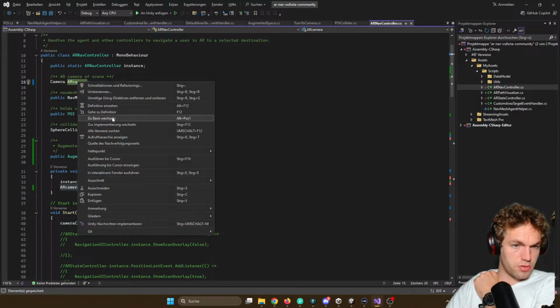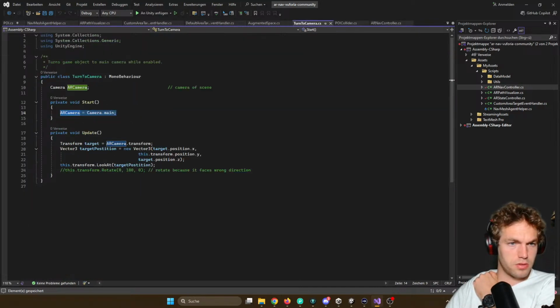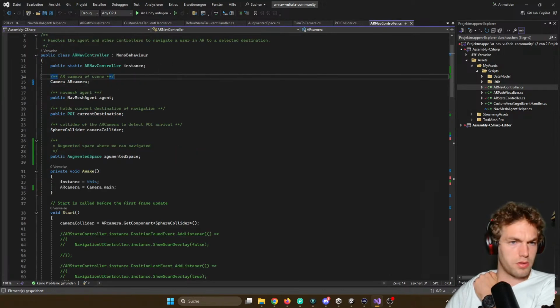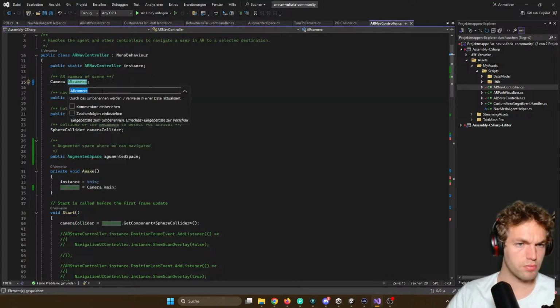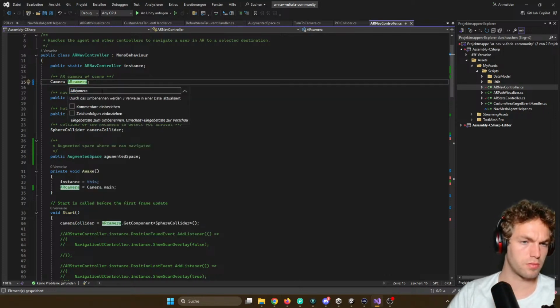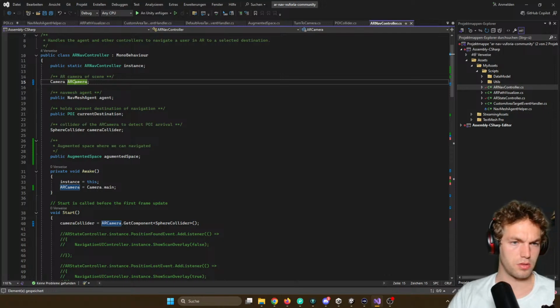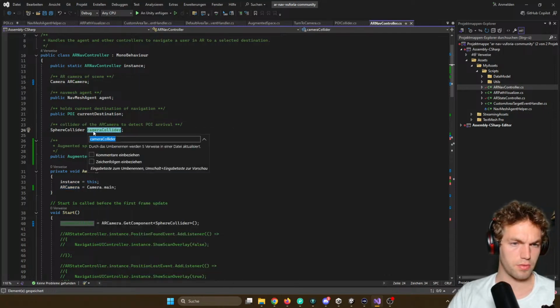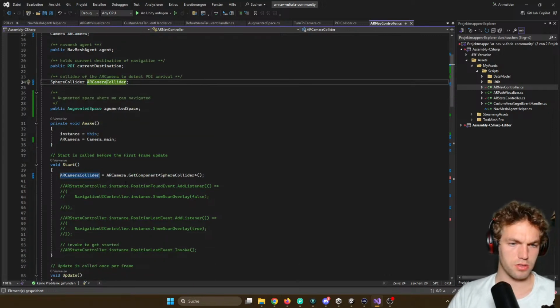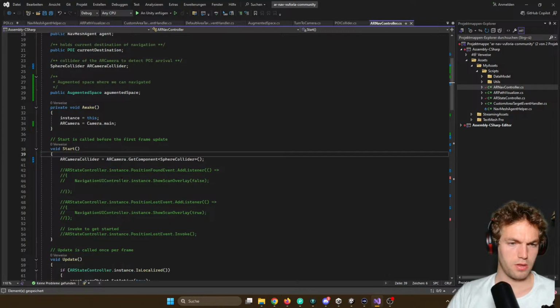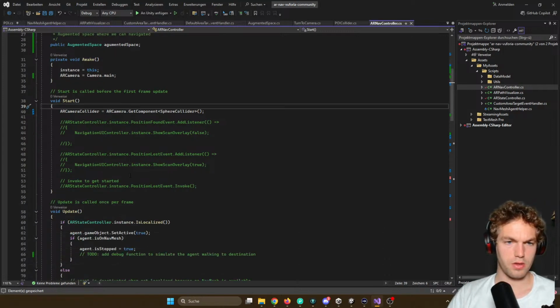Actually, also do this like in the other scripts. AR camera with Pixie. This, and let me just do this AR camera slider so this is clear. And then